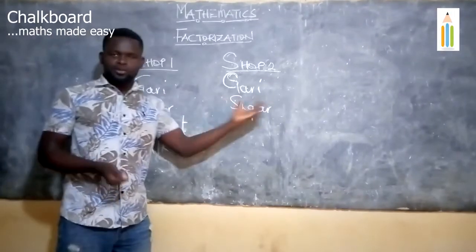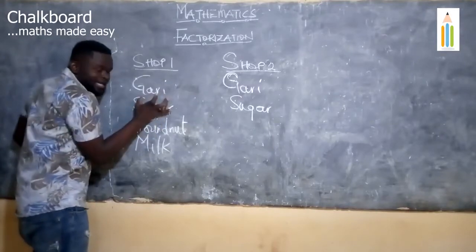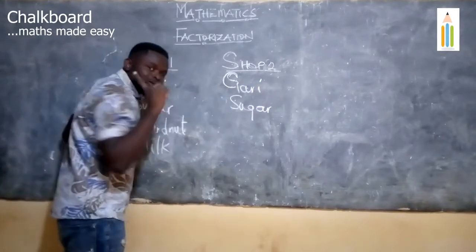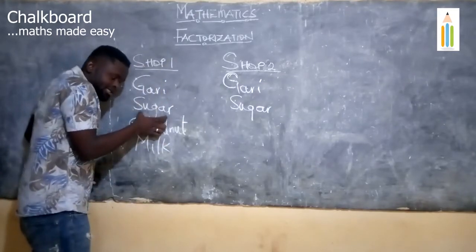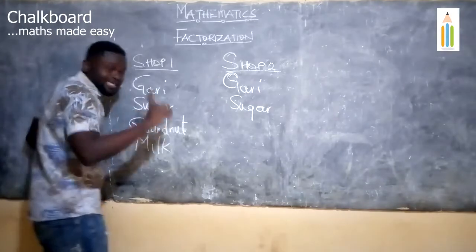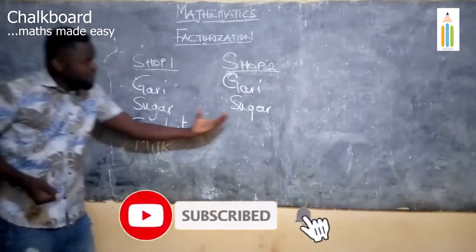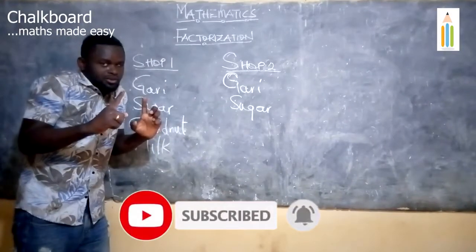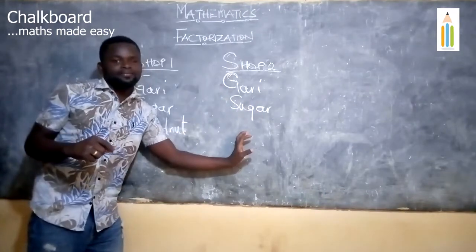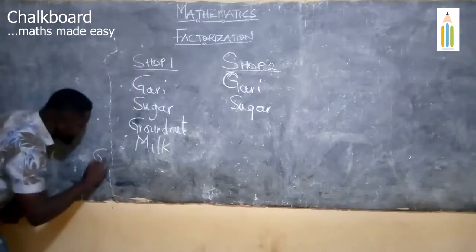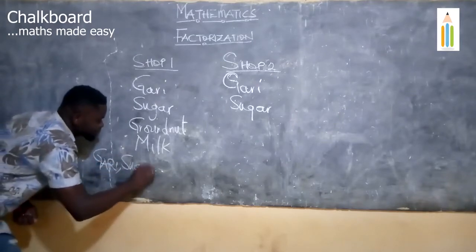Now, between these 2 shops, we can clearly see that garri is in shop 1 and also in shop 2, so those items are common. In shop 1, sugar is sold here, and at the same time, sugar is also sold here. So that is also common. Now listen, if we are to bring the common ones out, as we did with the women at the market, we will realize that nothing will be left here. So now let's see. So garri is out, and also sugar is out.